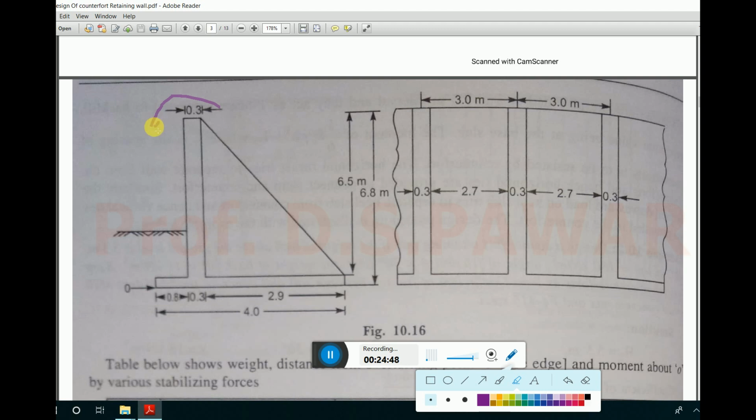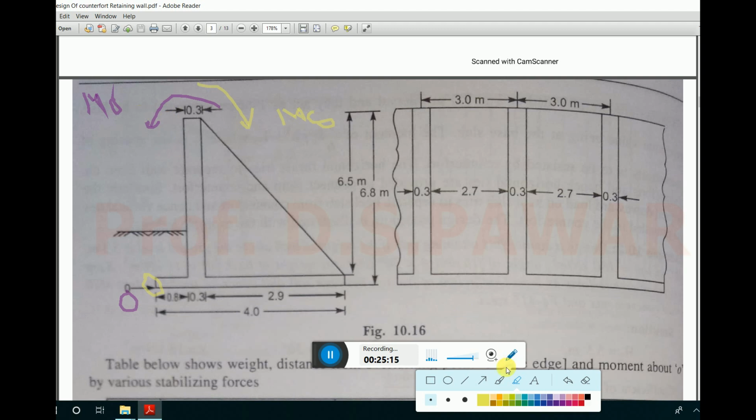So due to the overturning moment, the structure is overturned like this about point O. We have calculated both the stability moment and the overturning moment. If the value of the stability moment is more than M0, in that case the structure will be stable. Please understand the moment at point O.